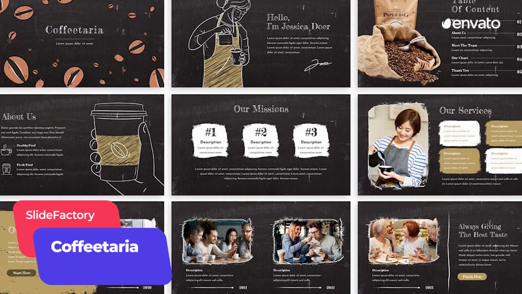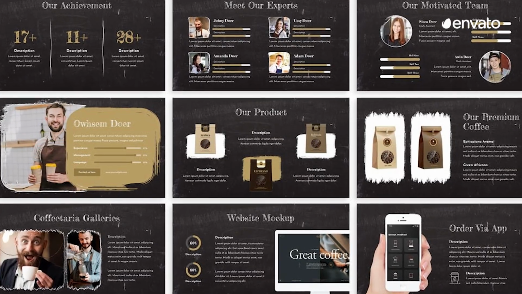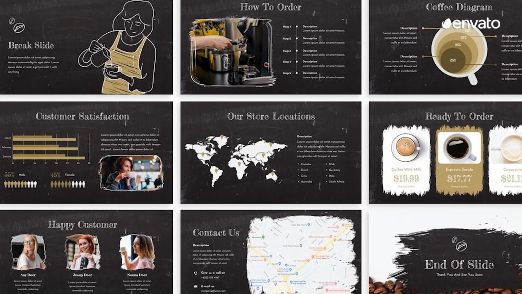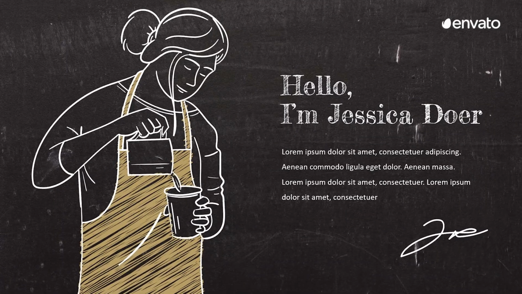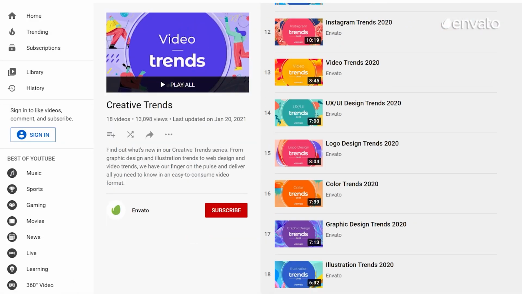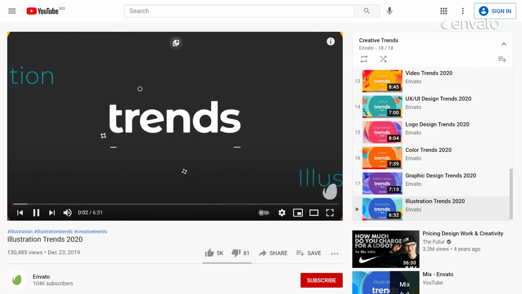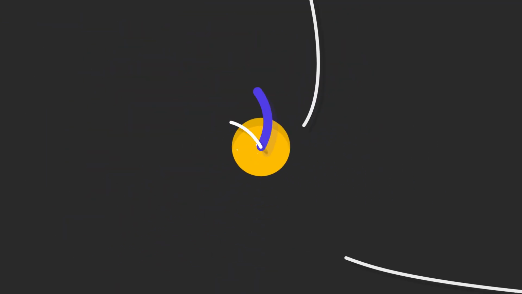Also promising a personal touch is the down-to-earth PowerPoint template by Slide Factory over on Envato Elements. This template presents information as if it's written up on a coffee shop-style chalkboard. It's handmade, rustic, organic, and bursting with warmth, thanks to its shading, muted colour palette, and line-drawn people. If this style resonates with you, take a look at our illustration trends video, where we discuss the trends shaping the current graphic design landscape.